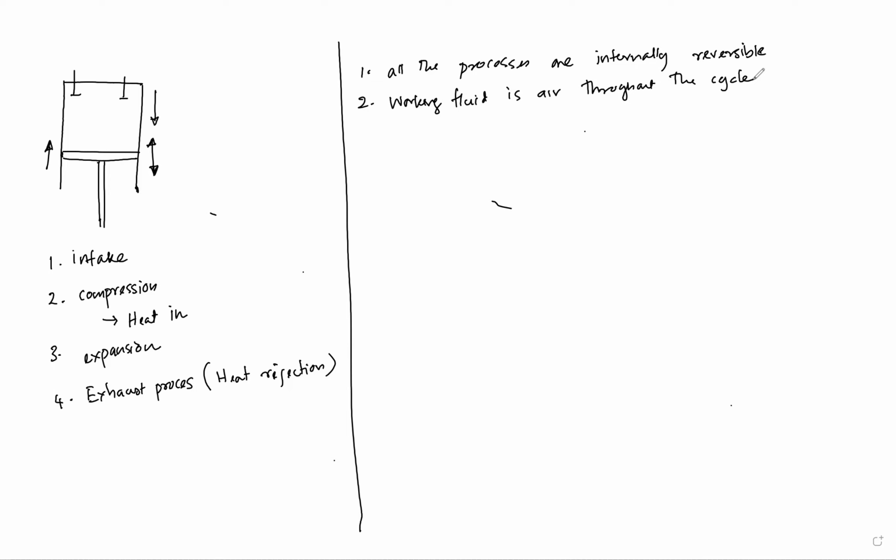The gas is not only air. It consists of fuel at the beginning, and once it's burned, it's burned gases, flue gases. But we assume that it is air throughout the cycle, and we model the combustion process as a heat addition process,